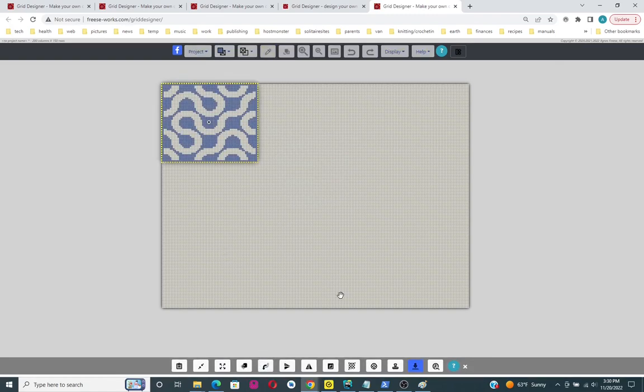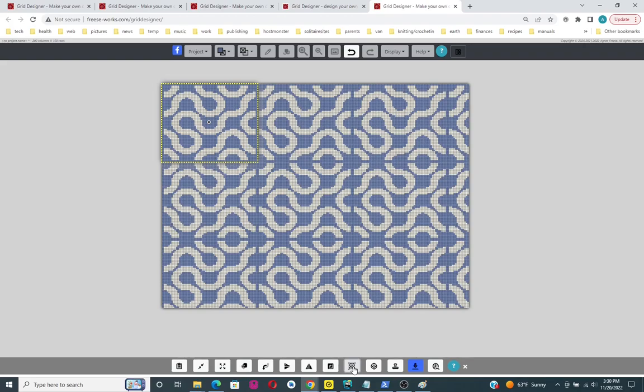Okay, so now I'm going to do the same thing that I did before. I'm just going to do this large fill entire grid with the paste item like that. And now I have the lines in between it, which I think kind of looks nice. So I like that idea. So